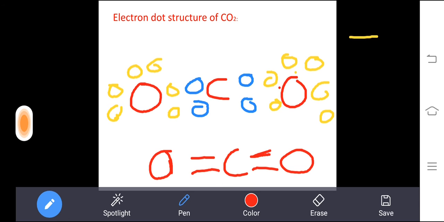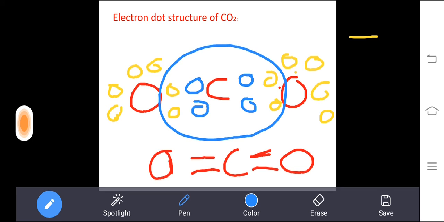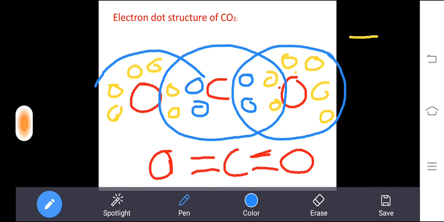Here you can see, if you draw the electron dot structure with the circle, it will come like this. See here, for one carbon how many electrons are there, you can count the electrons. So on this left hand side 4 and right hand side 4, it will become 8. And for oxygen you want to do the same thing. You can count like this. Now you can see it will become 8. And here this oxygen also will become 8. That's all, students. This is the electron dot structure. Very simple.